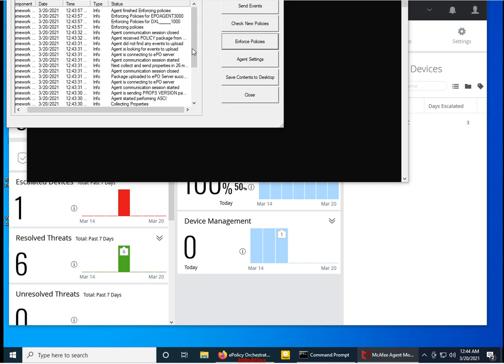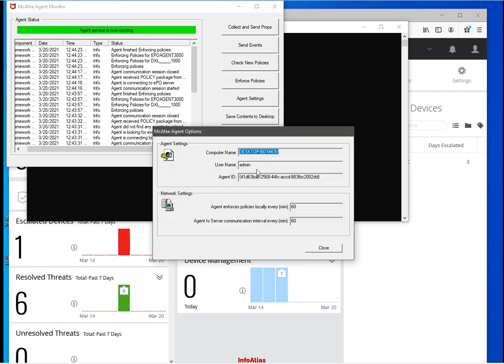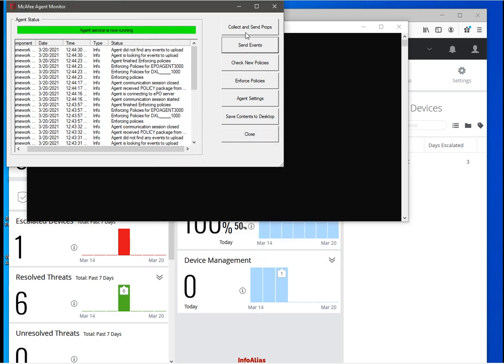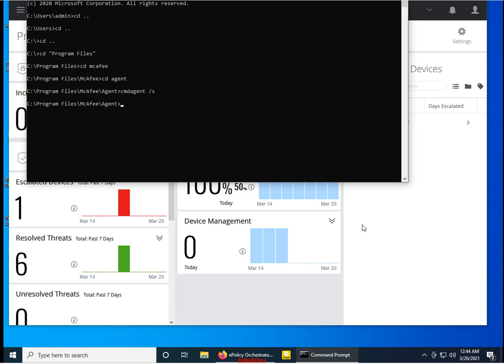It will take some time. This is the agent. So it will take 5 to 10 minutes to deploy the product on the client machine.